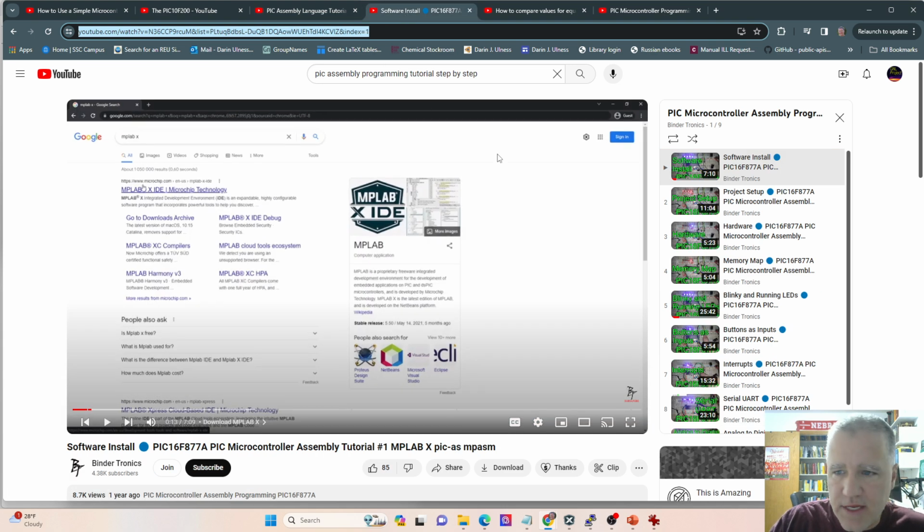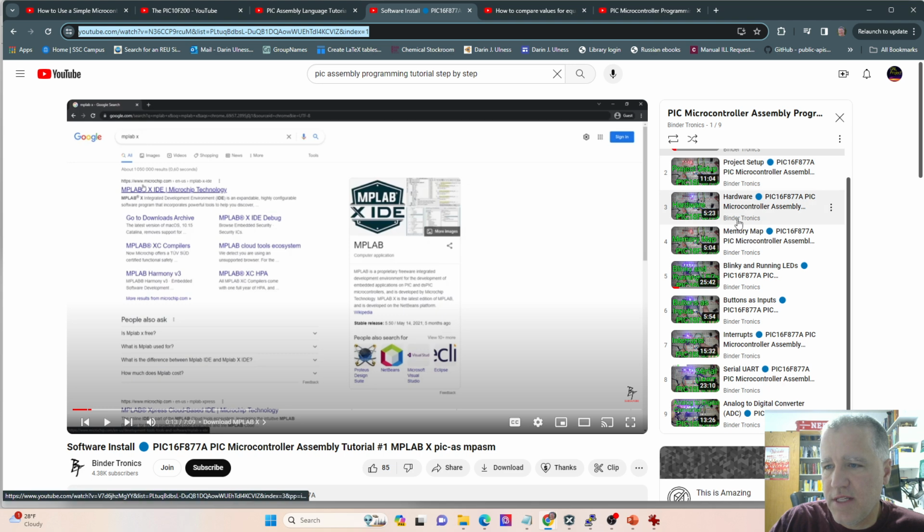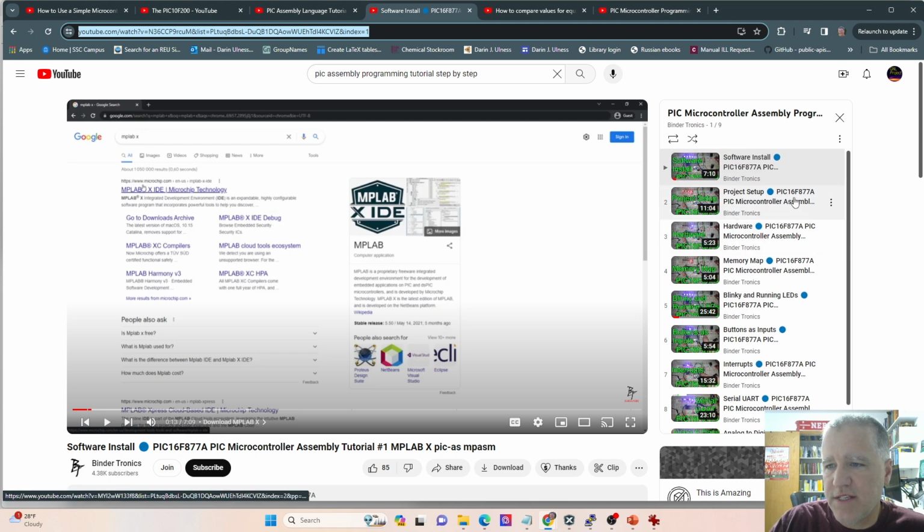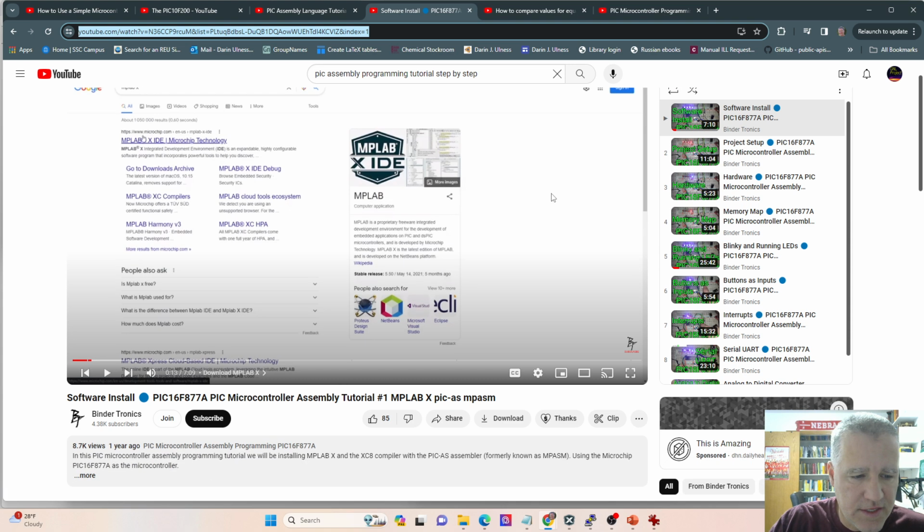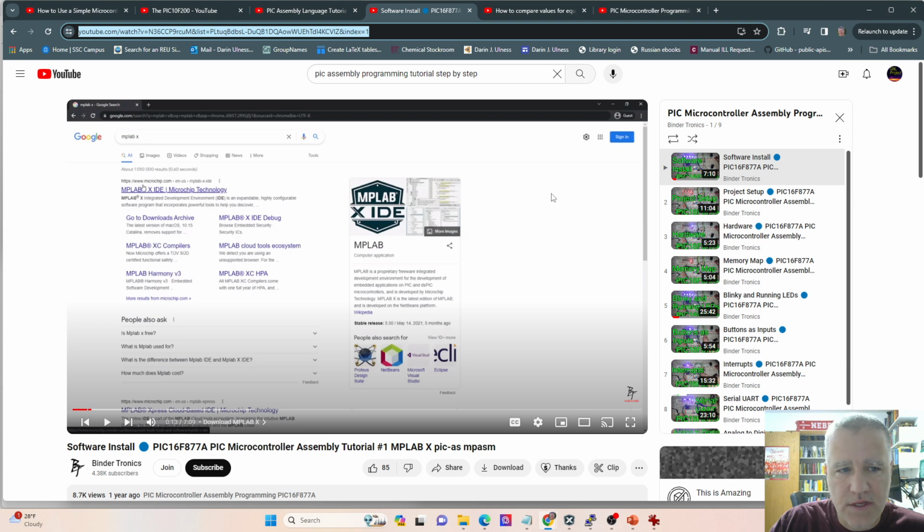Again, more assembly. Bindertronics has a long playlist. This is focused on the PIC 16F877, and again, this is more recent, but it's again talking about a different PIC microcontroller, and I think it's the